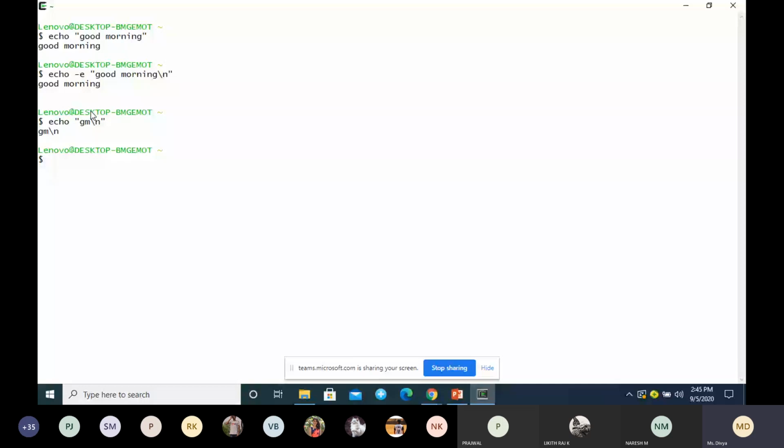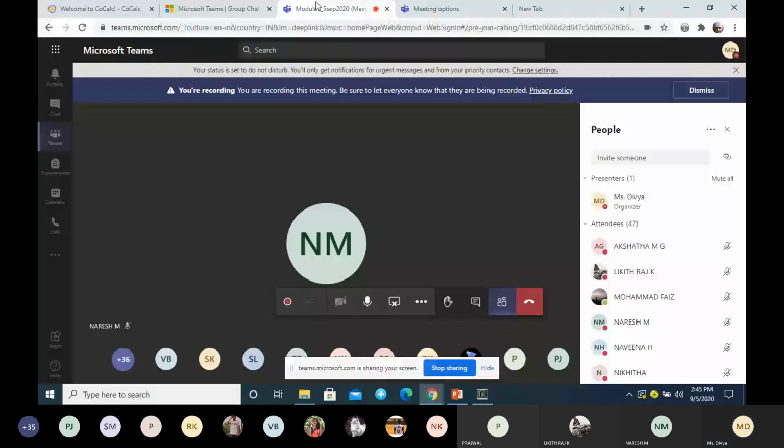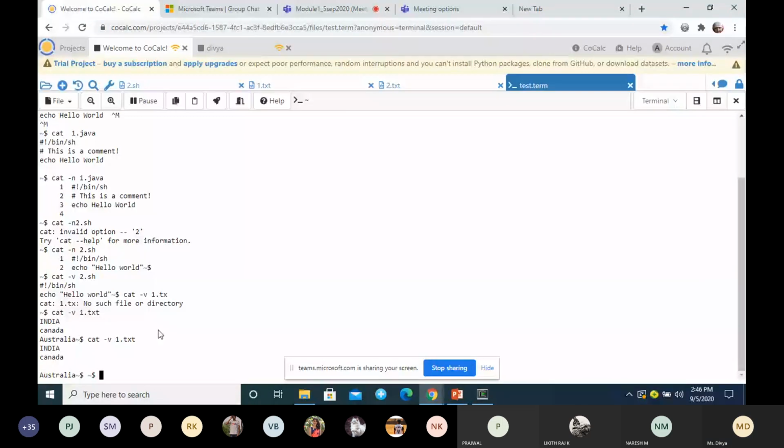In the exam, you have to make use of this option minus e whenever you are using any escape sequence. Let me show you one more here. This is one more terminal.